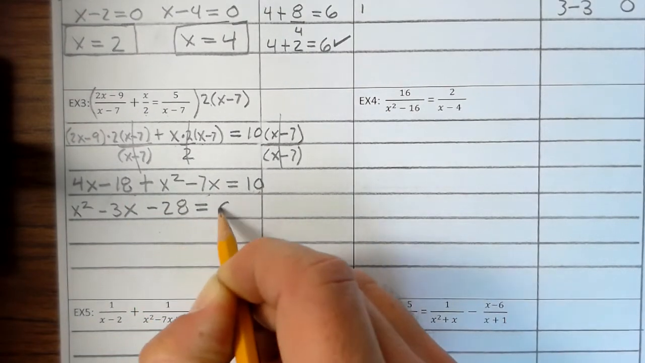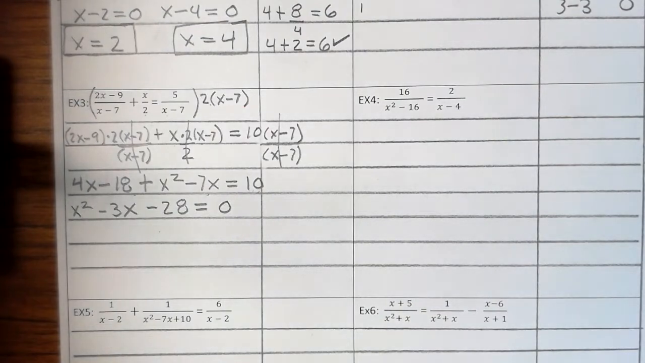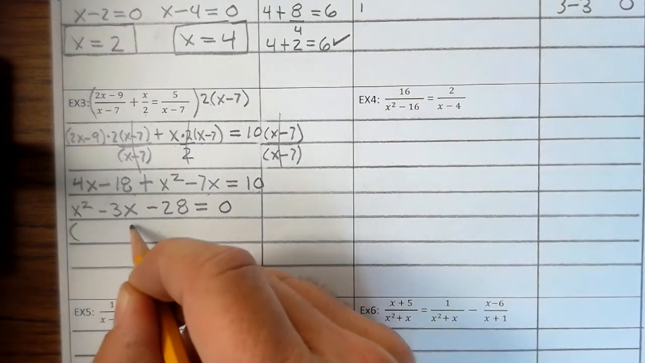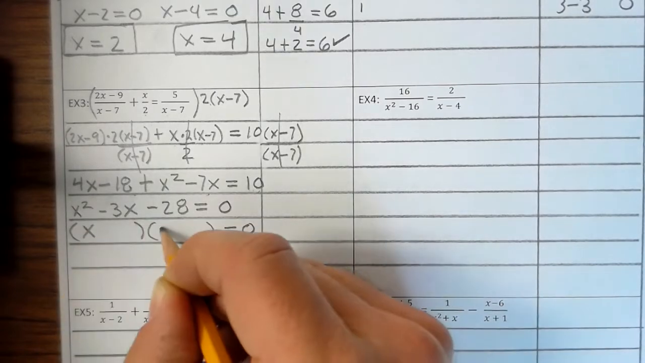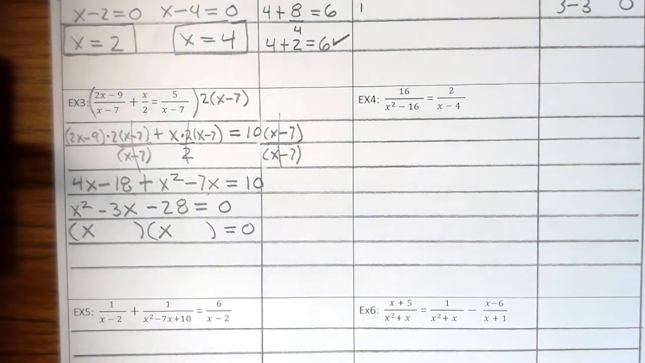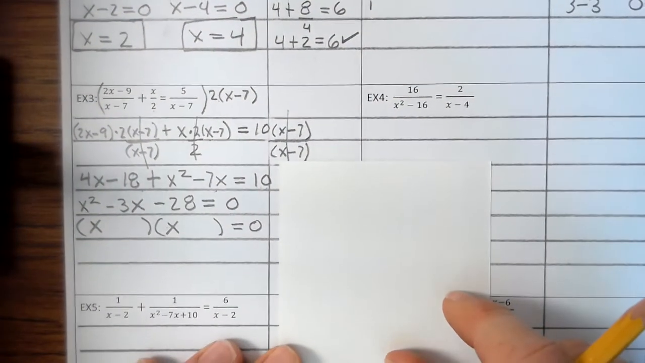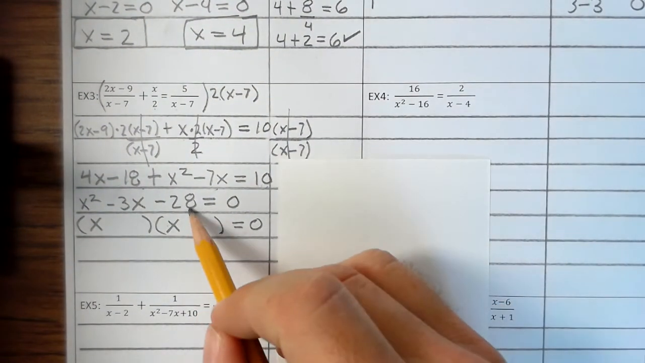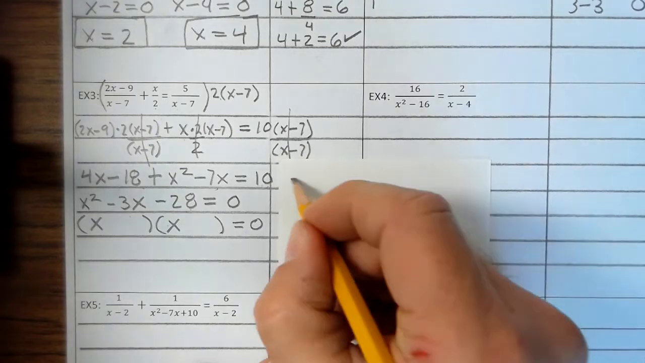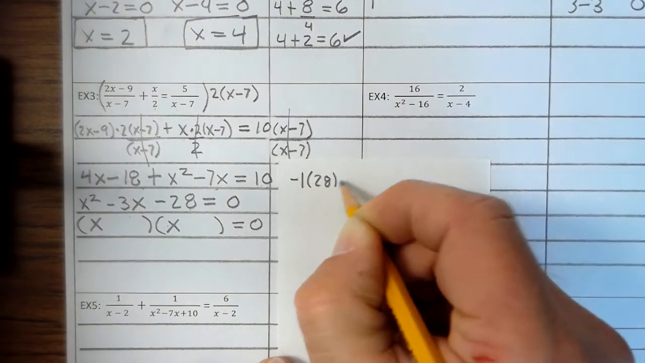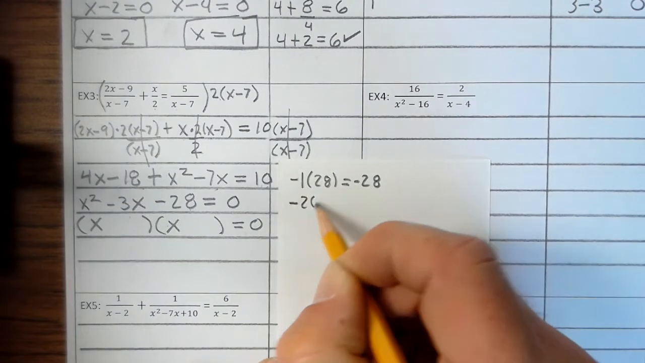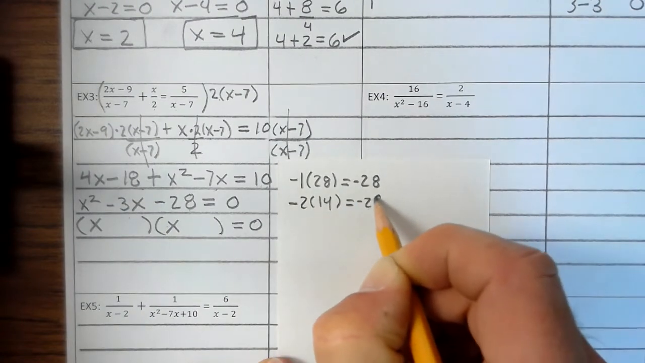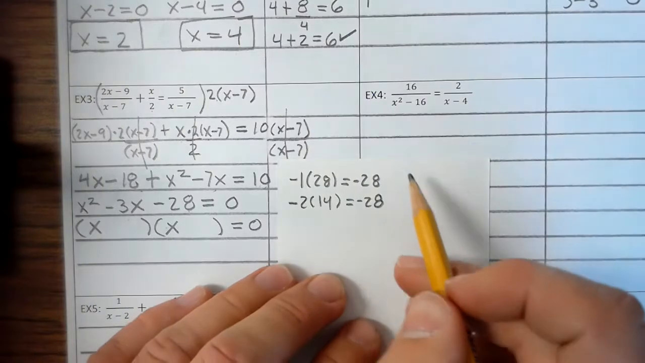Now we're going to solve by factoring, so we know 2 parentheses equal to 0. We know x and x makes x squared. Now we need to find all the combinations that multiply to be negative 28 and combine to be negative 3. So we know negative 1 times 28 is negative 28. Negative 2 times 14 is negative 28. And one of the things you might do